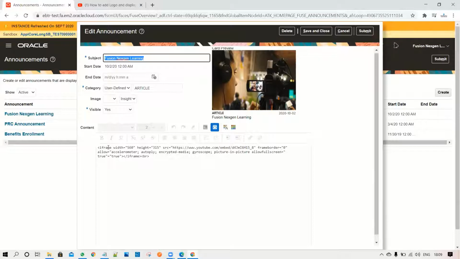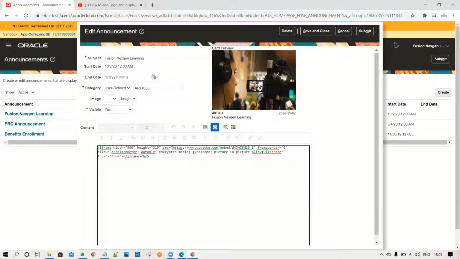The only thing is that you have to complete this code, and in this column you have to add your YouTube videos. So let's move and see how to get the video link from YouTube and add it into this code. You don't need to change anything except the HTTPS, which will remain the same. Only the last value you have to update over here.